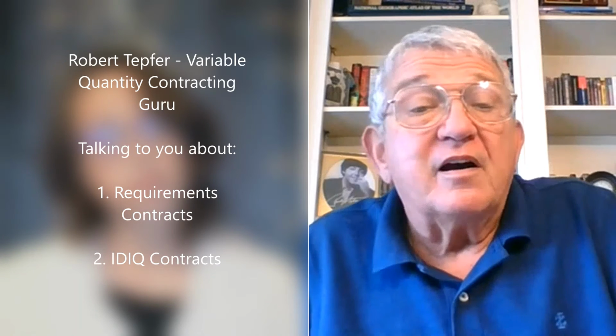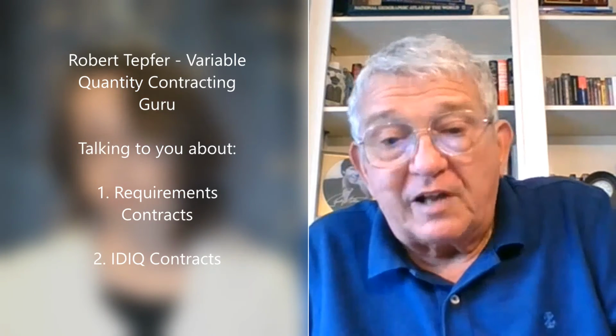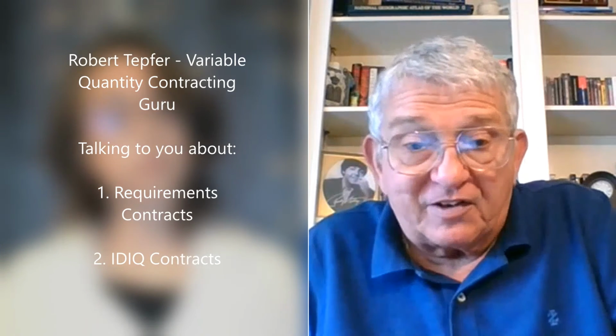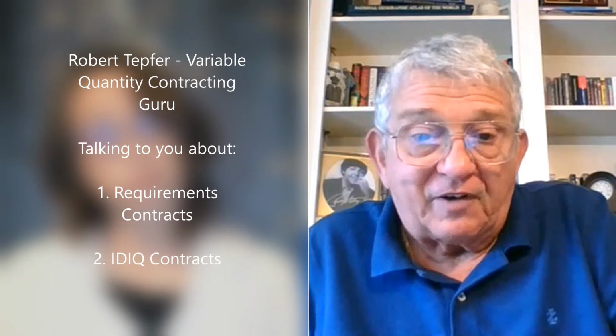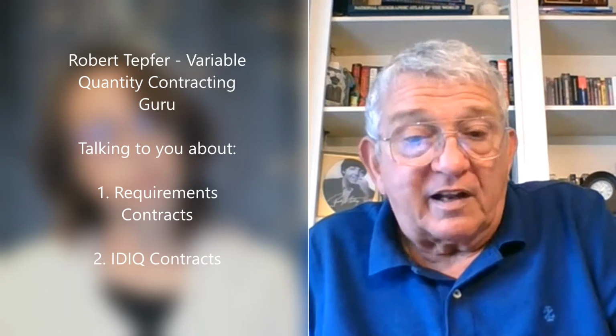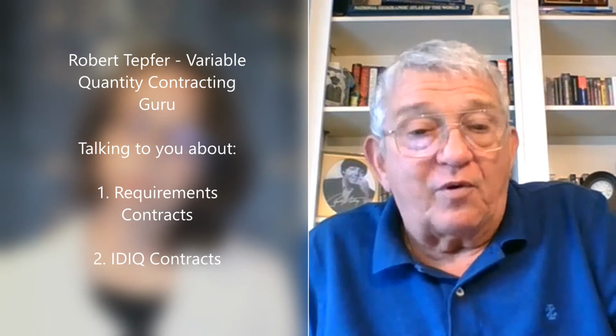In both types of contracts, the unit price, whether it be requirement or indefinite quantity, probably should be already negotiated. If it's not, you've probably got a SECA violation. The only issue is the quantity. You have a maximum quantity and you order it. The other issue is that you don't know the quantity, but you also don't know the delivery date.